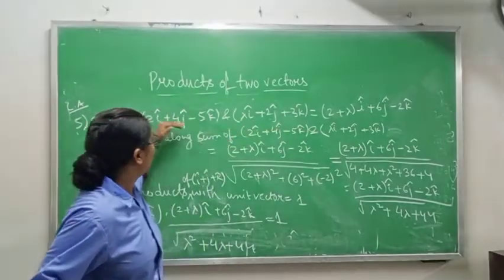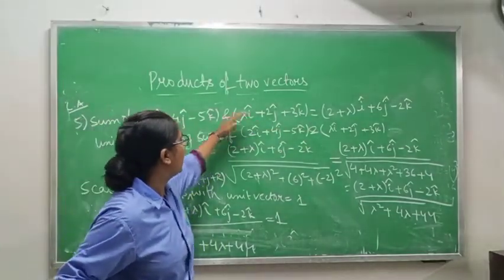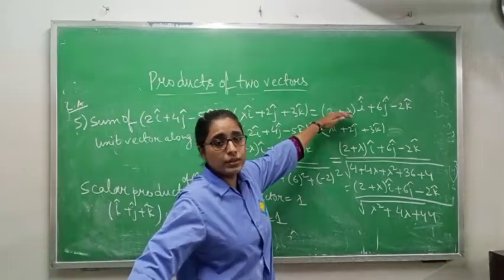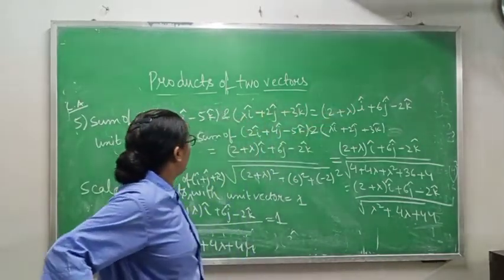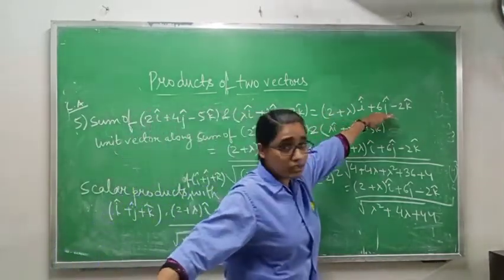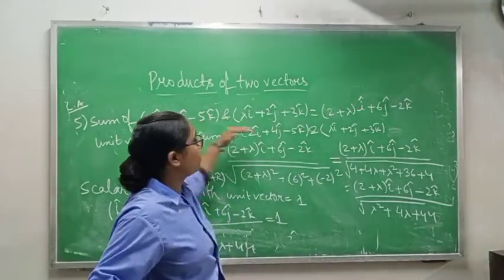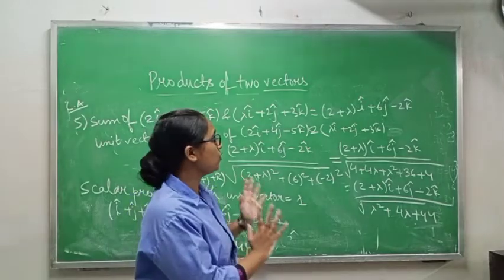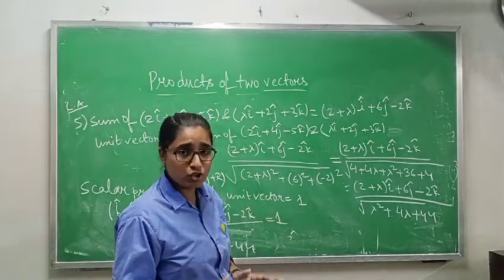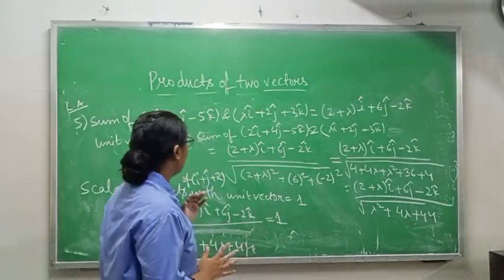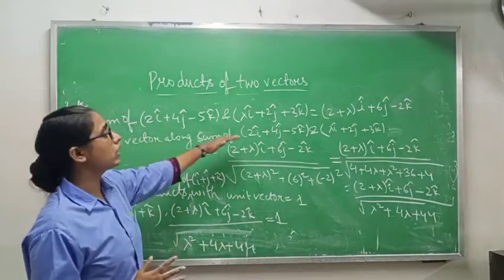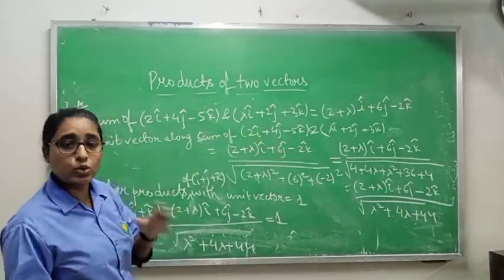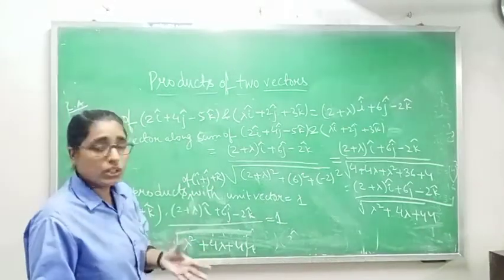Okay, when you do the sum, 2i and here lambda i, so i you can take common and it will become 2 plus lambda. Now 4j plus 2j will give you 6j and minus 5k plus 3k will give you minus 2k. You got the sum, which is 2 plus lambda i cap plus 6j cap minus 2k cap. Now the unit vector along the sum of this and this, because they are saying that you have the unit vector. So the unit vector is